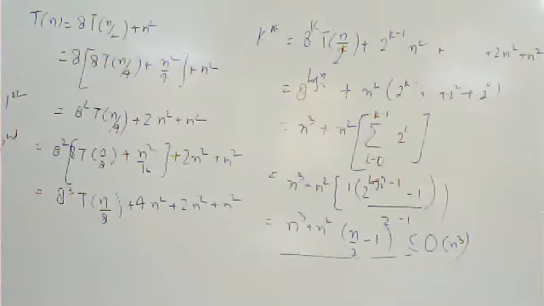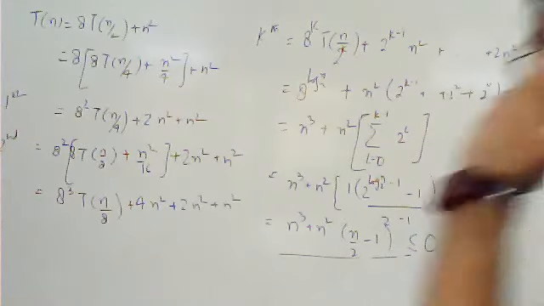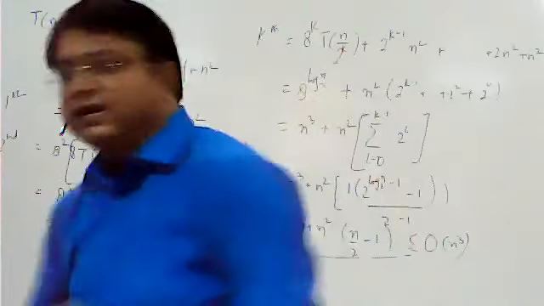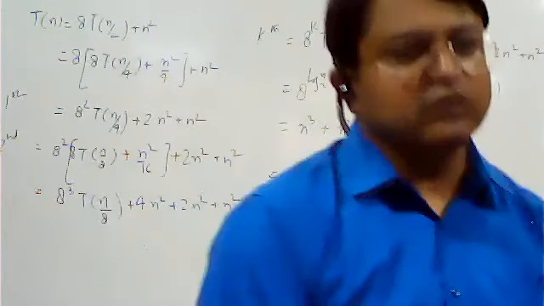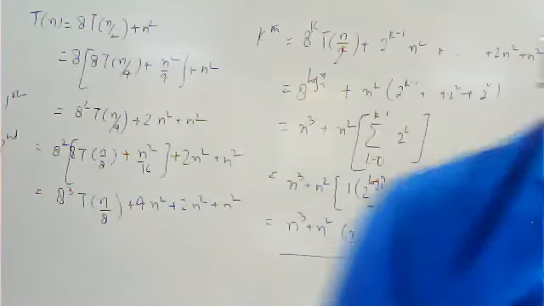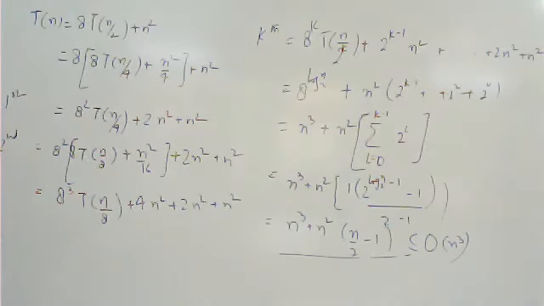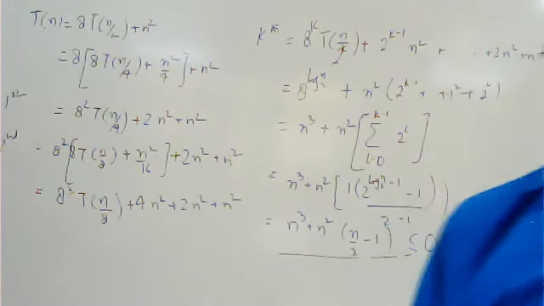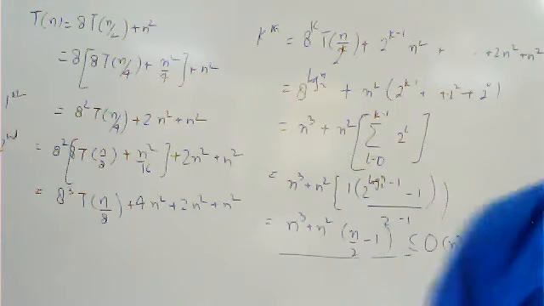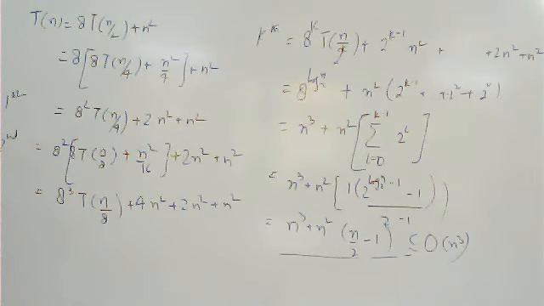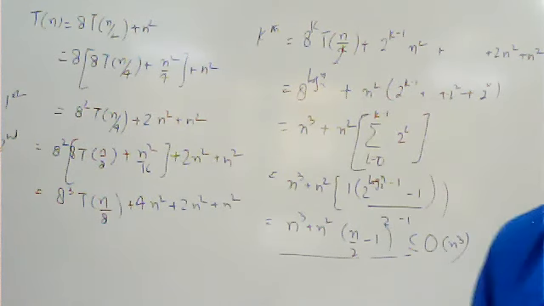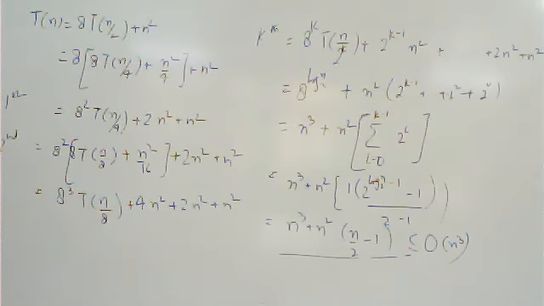Geometric progression is very important for solving all the recurrence relations. So you need to learn the formula for n terms of geometric progression and also for infinite series. For infinite series, if r is less than 1, it's simply 1 upon 1 minus r. Otherwise, for n terms, it is r to power n minus 1 upon r minus 1, multiplied by the first term. Okay, so I hope this is clear.